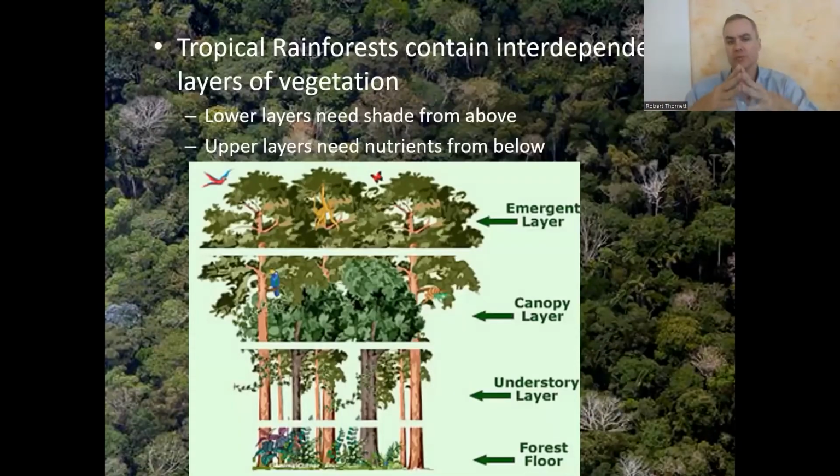When we look at a rainforest, it has 4 main layers that we can distinguish. The main layer where the most life is going to be is the canopy layer. What's confusing is that top layer, the emergent layer, where the trees are actually just here and there.